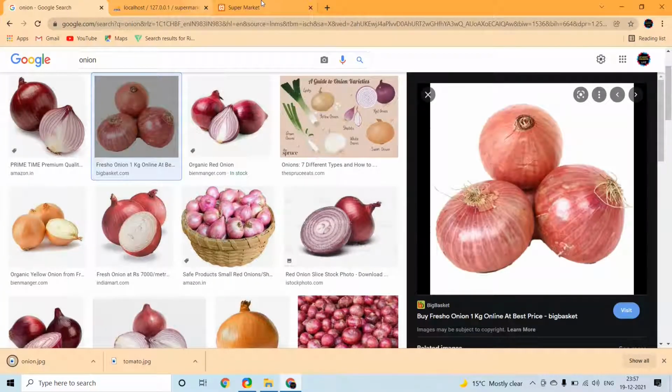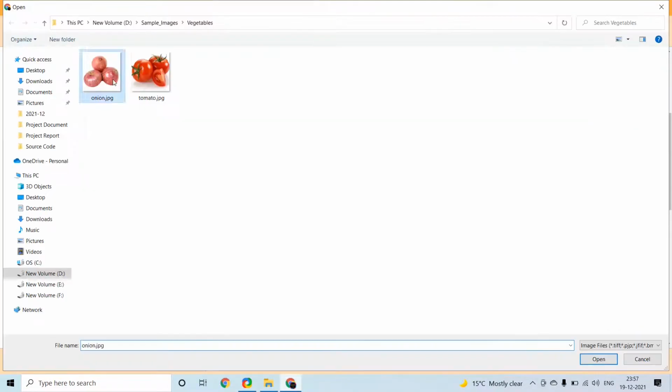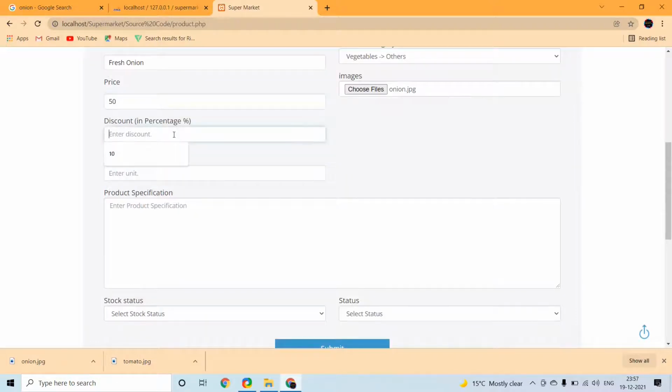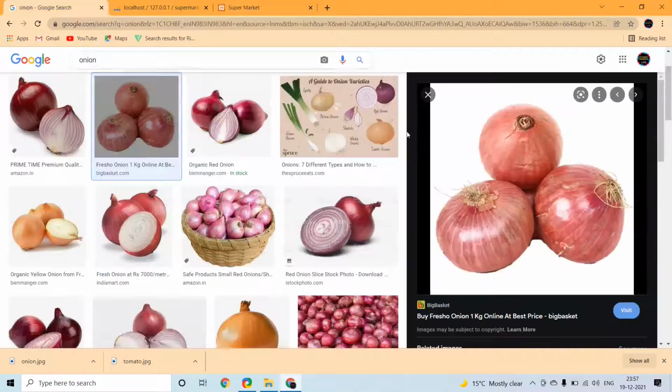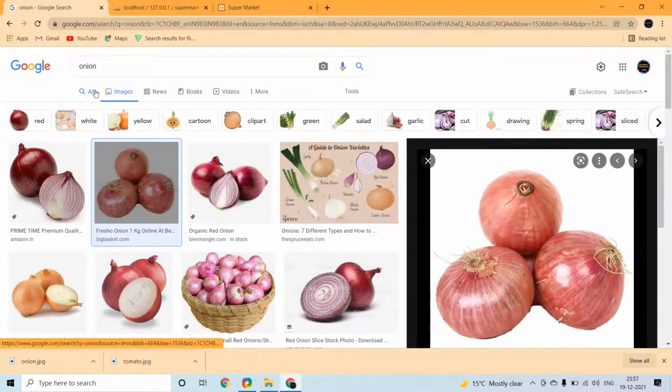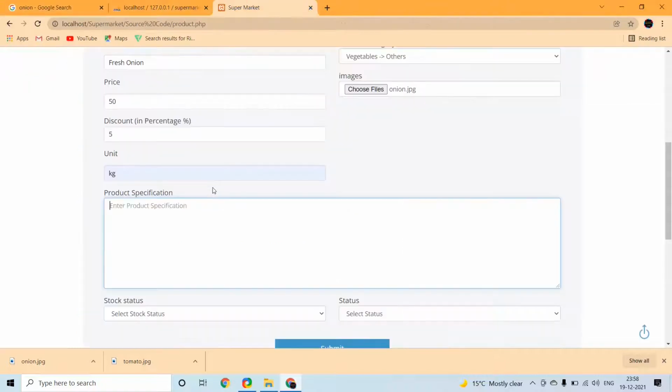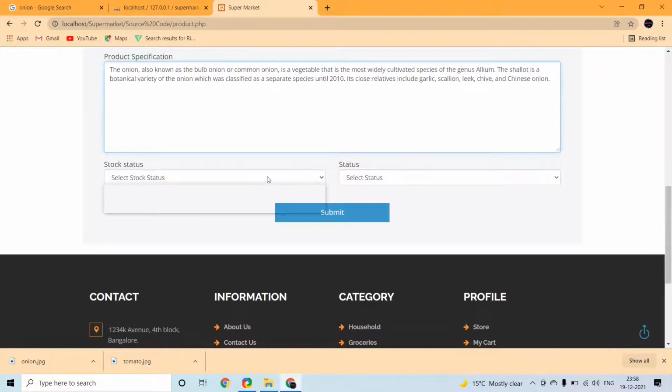Enter the product name as onion, fresh onion, 50 rupees, discount 5, units kg, and we added the photo of the onion and specifications, some details of the onion, available status.